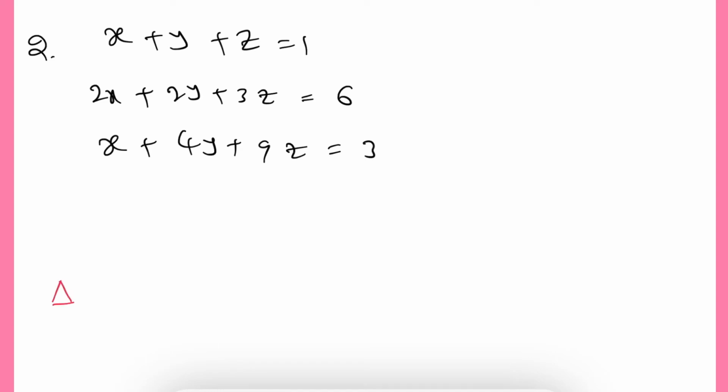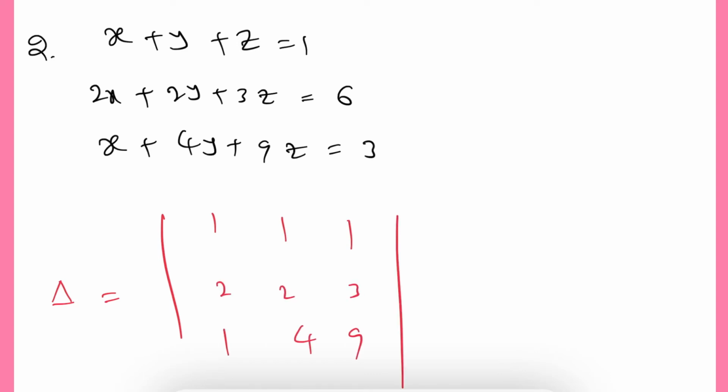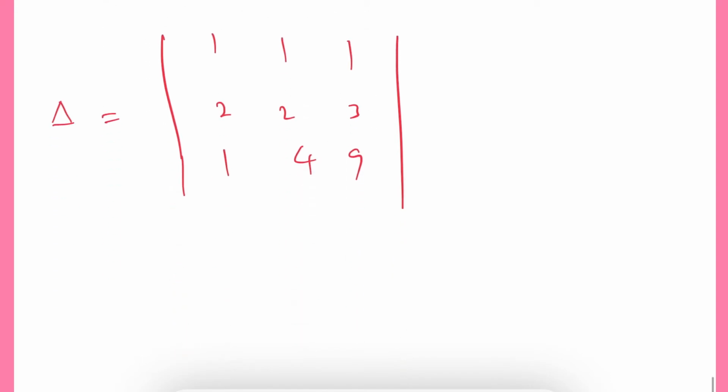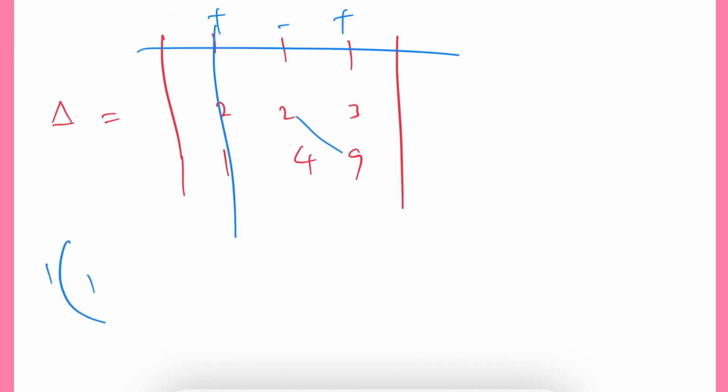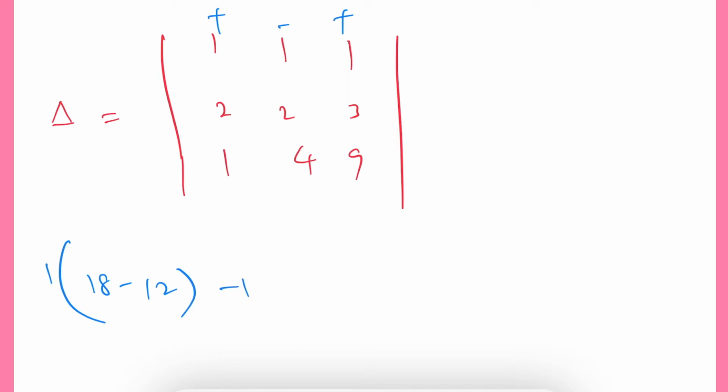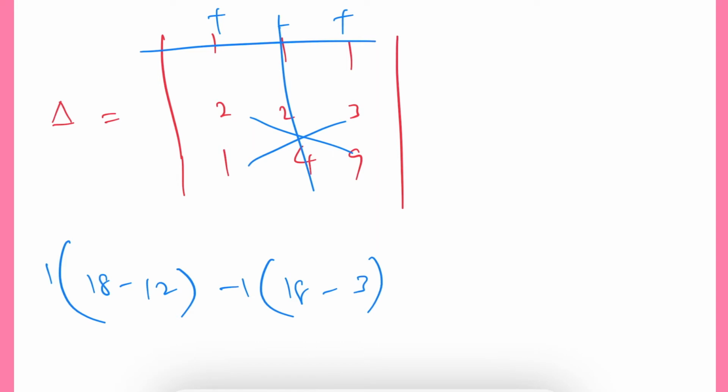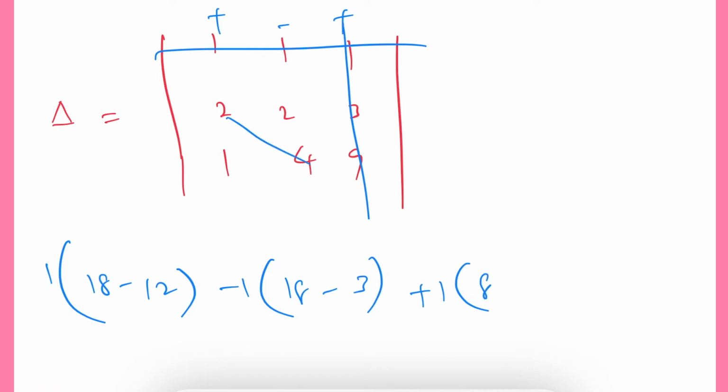Okay, for this also I am going to solve by this Cramer's rule only. So first we will get delta, right? So delta is nothing but x coefficients 1, 1, 1, 2, 2, 3 and then comes 1, 4, 9. Okay, done. This is delta value. So first let us do determinant for this. This will become plus minus plus. So 1 into, if we remove that column as well as row, 2 9s are 18 minus 4 3s are 12. Now second element minus 1 into, if we remove this and this, 2 9s are 18 minus 1 3s are 3. Next let us move to the third, plus 1 into 2 4s are 8 minus 1 2s are 2. Okay, let us simplify this now.